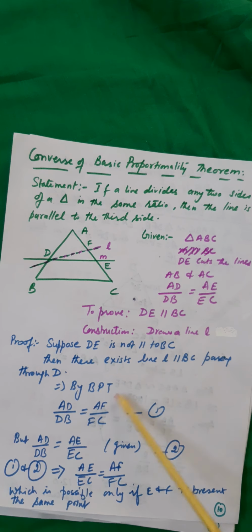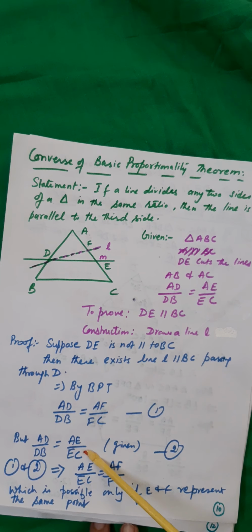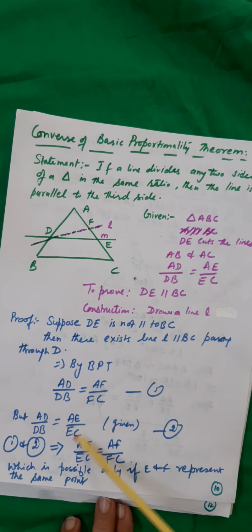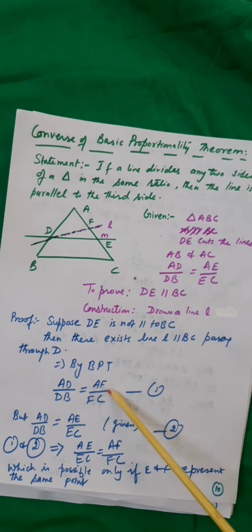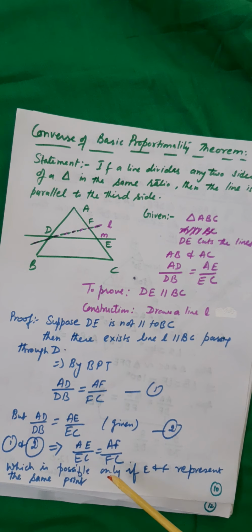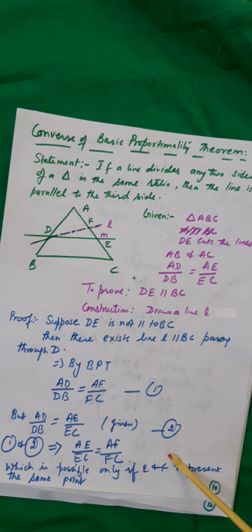So now, these two things are going to give me that AE upon EC must be equal to AF upon FC, which is possible if and only if F and E coincide. That means, or we can say, which is possible only if E and F